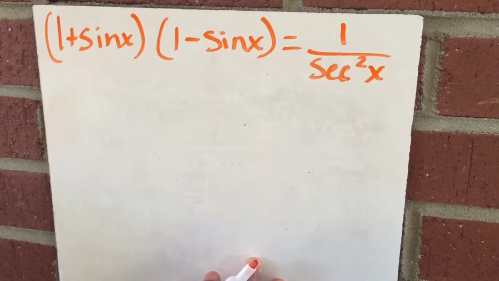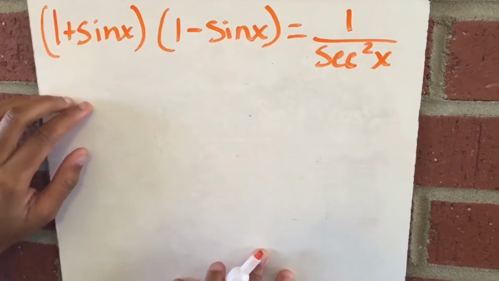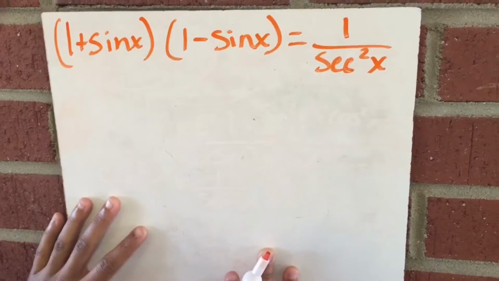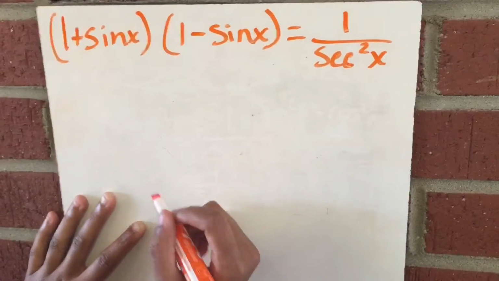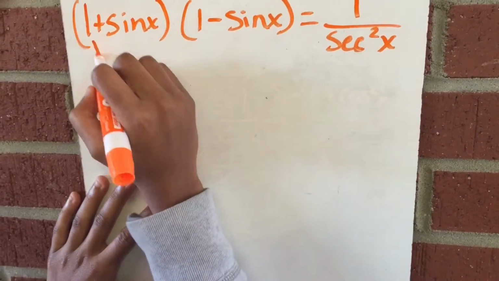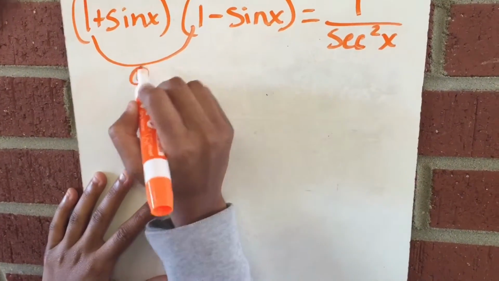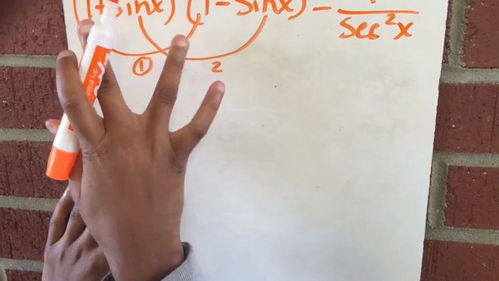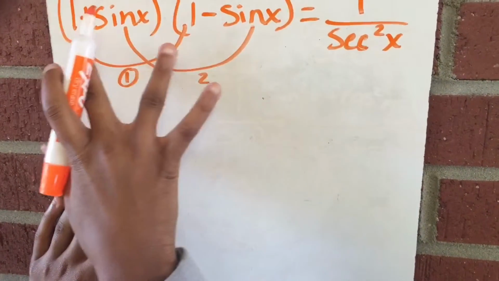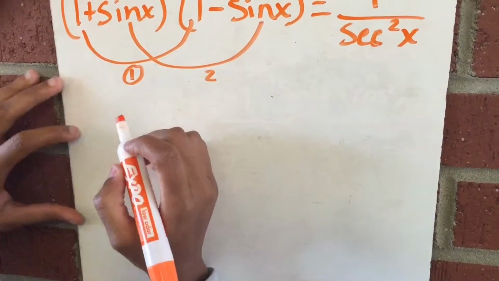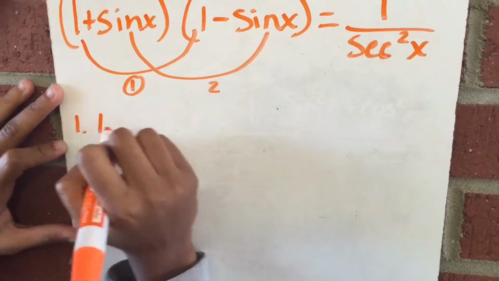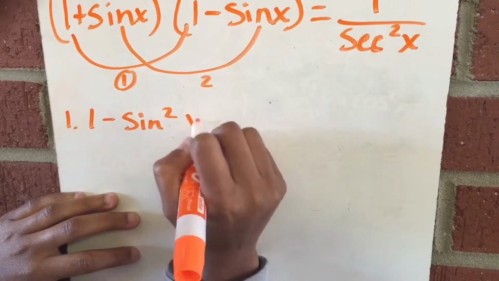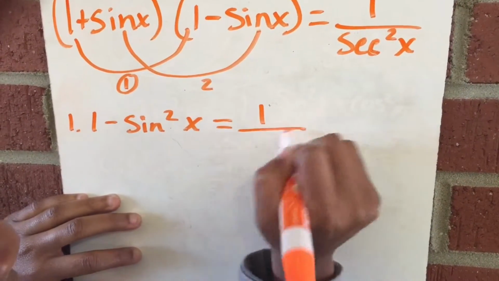Okay, we start out with the original problem, which is (1 plus sine x) multiplied by (1 minus sine x) equals 1 over secant squared x. So first we do first and first, then we do last and last, because they have the same numbers. So that would be 1 minus sine squared x. It just brings down the right side,